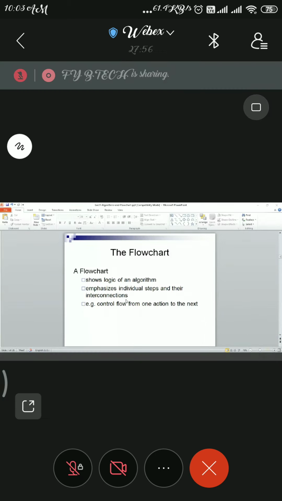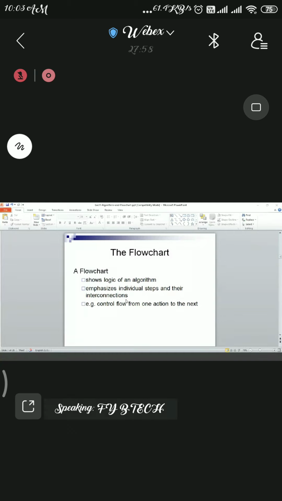Okay. So that is a flow chart. It is a logic of an algorithm to emphasize individual steps and their interconnection. So control flows from one action to the next action. As the name suggests, it is a flow chart. It will show you where the flow of execution is going with the help of some actions and